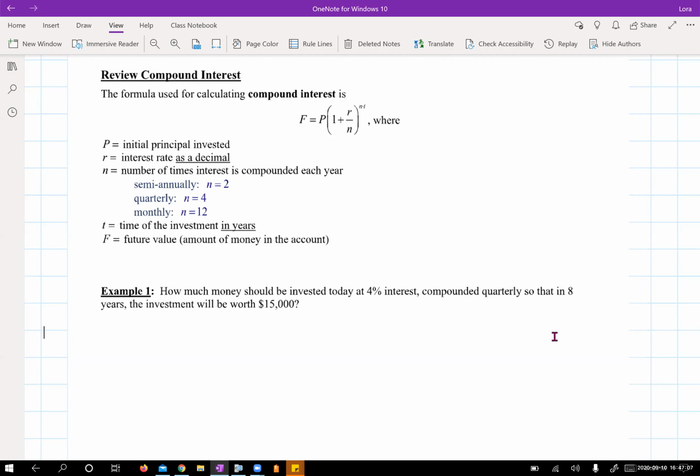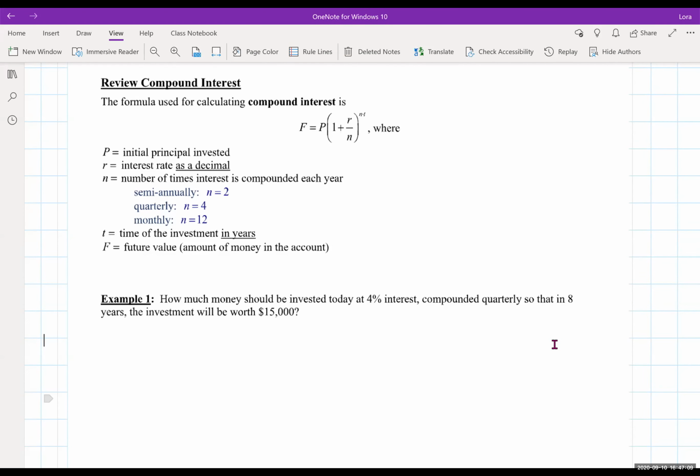Circling back around to some more applications to help us with exponential equations and logarithms. Just a quick review of compound interest. We have our formula, and reviewing what each of the variables in the formula will stand for. I always start off with just trying to decide which formula to apply. I plug in anything that's given and then figure out what technique I need to solve for the missing